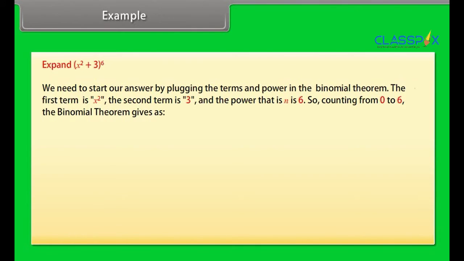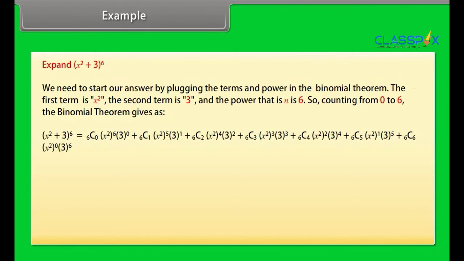So, counting from 0 to 6, the binomial theorem gives (x² + 3)^6 = 6C0 (x²)^6 3^0 + 6C1 (x²)^5